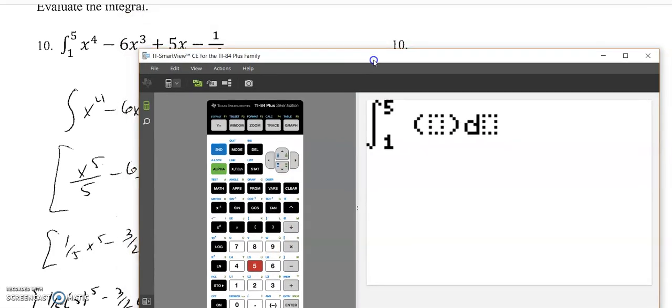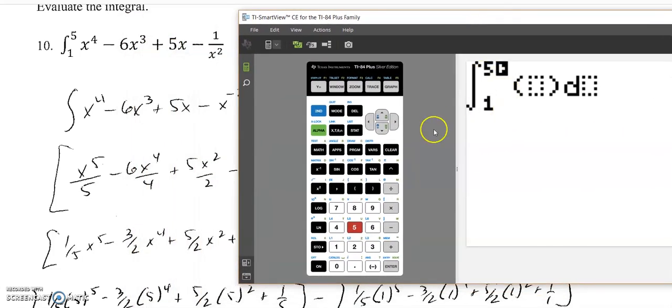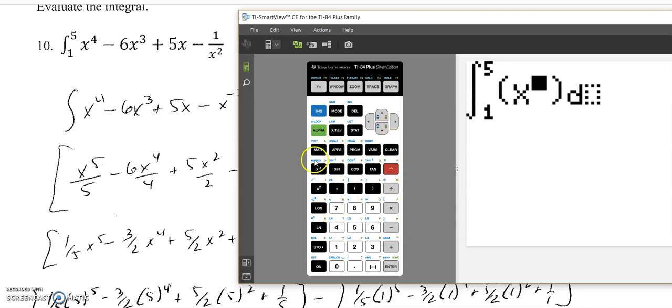So on the lower we put 1, upper we put 5, and then we move to the right, and this will be x raised to the 4 minus 6x raised to the 3rd plus 5x